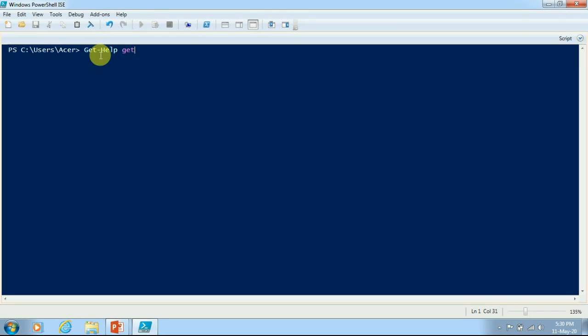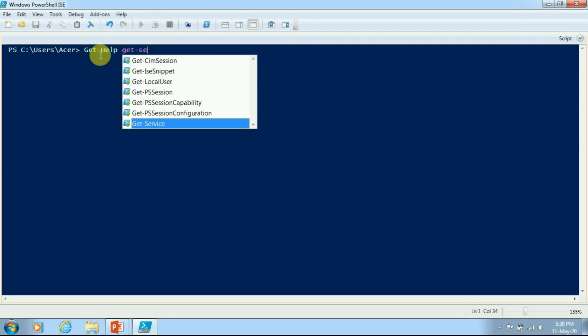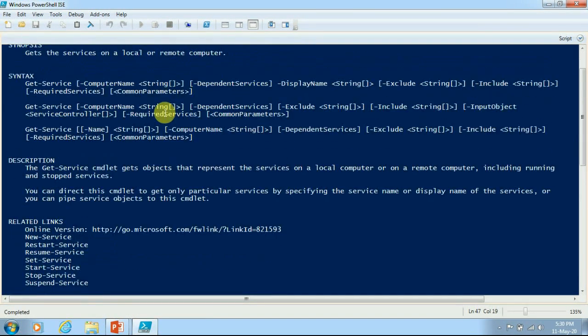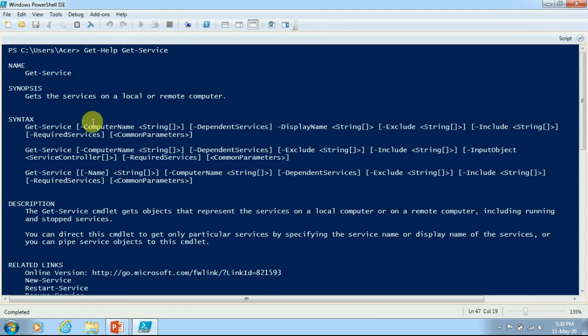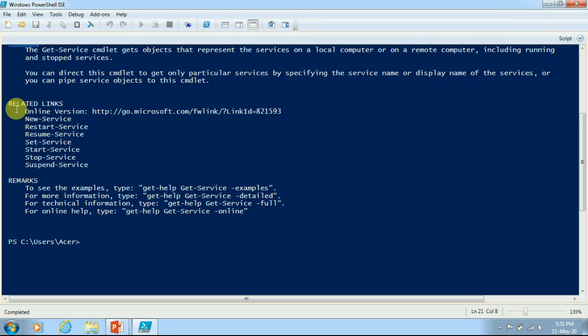Say, for example, if I want to get information about one cmdlet called Get-Service, I will just have to pass it like this, and after I press enter, you will see that I have got some information about this. What does that information contain? It contains the name, the synopsis, which is nothing but a very short description, and after that the syntax of Get-Service, we have the description, and we have related links as well.